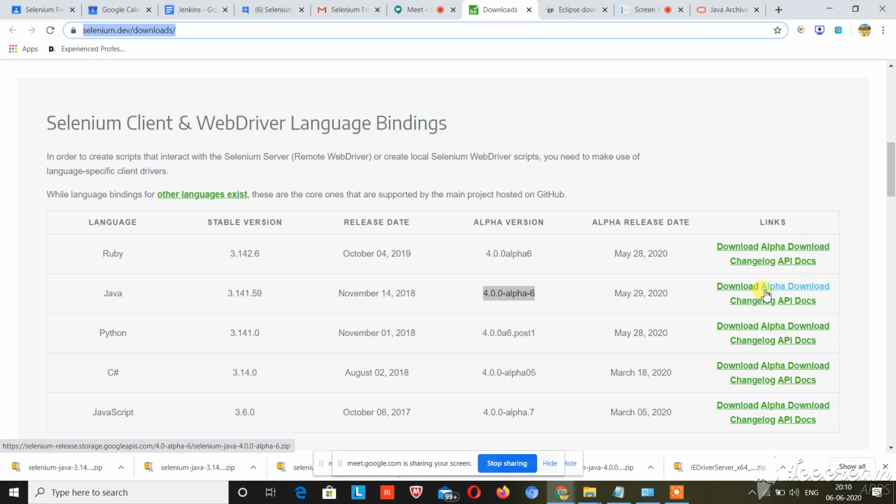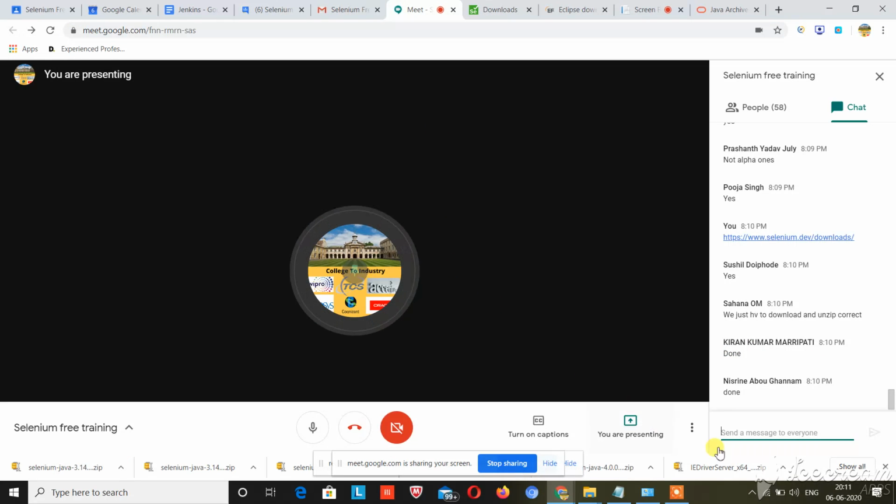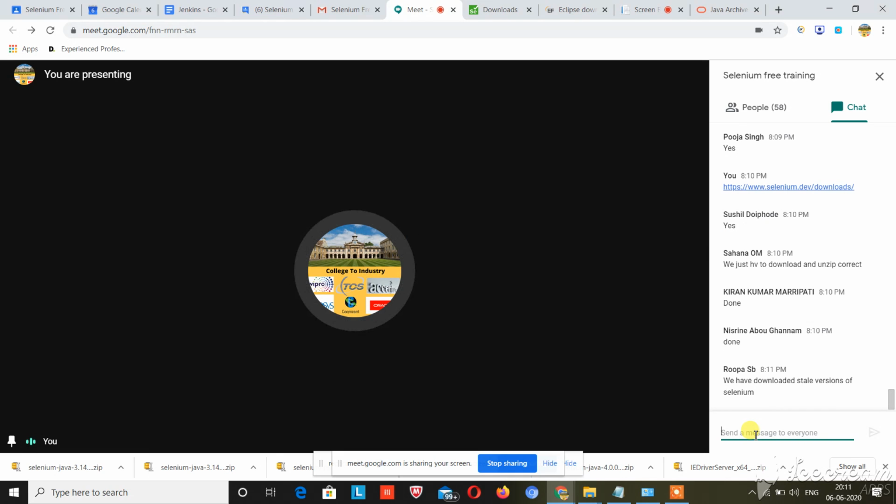From tomorrow we'll need 6 or 7 jars, and we will get those from here. Click on this download link, then the Selenium Java 3.14 jars will be downloaded, and you need to add the jars to your Eclipse library. So this download link is more important than the alpha download. Download from that download link.